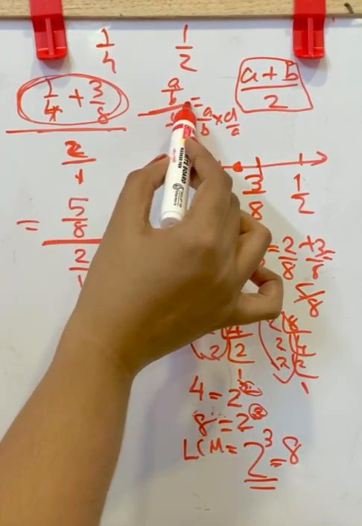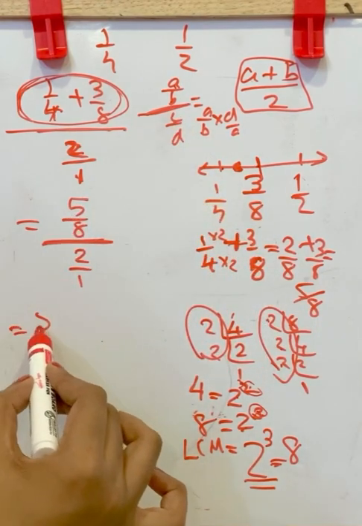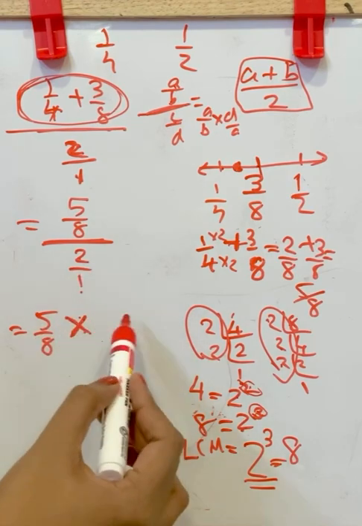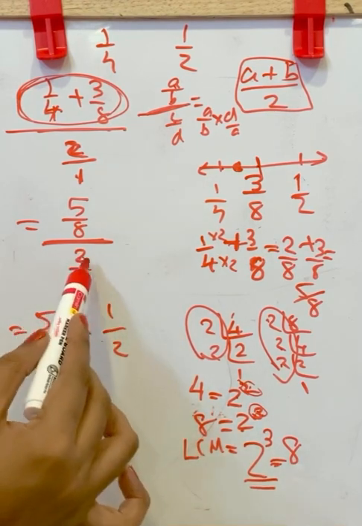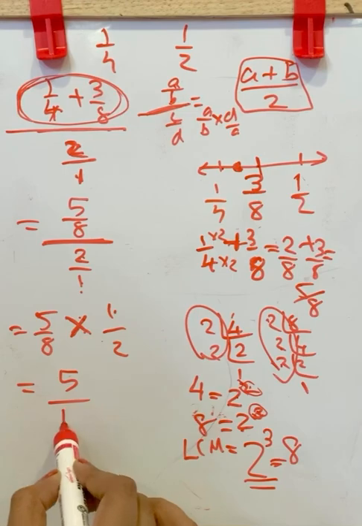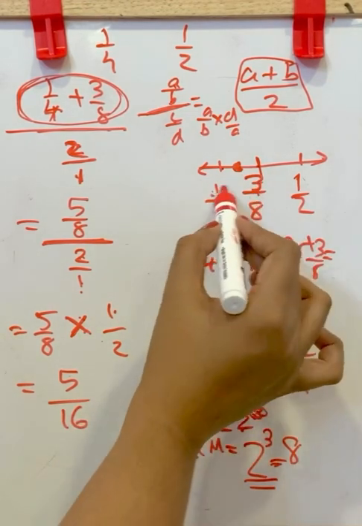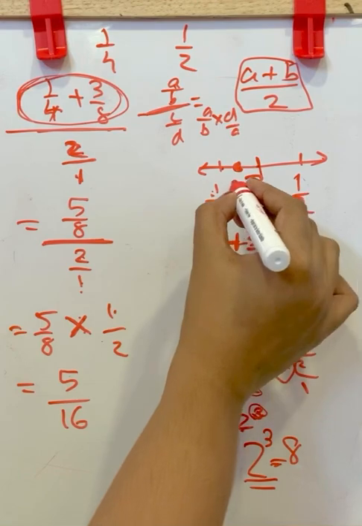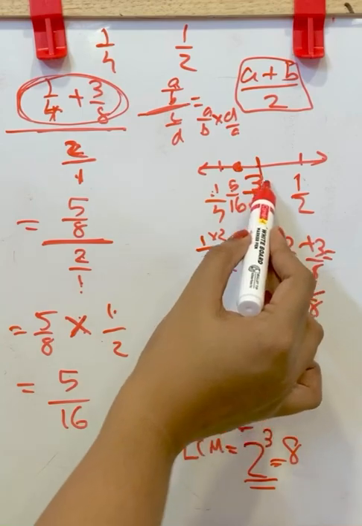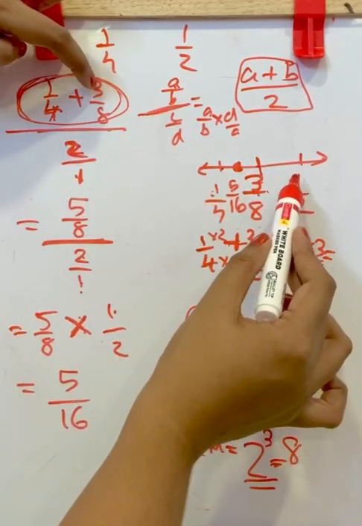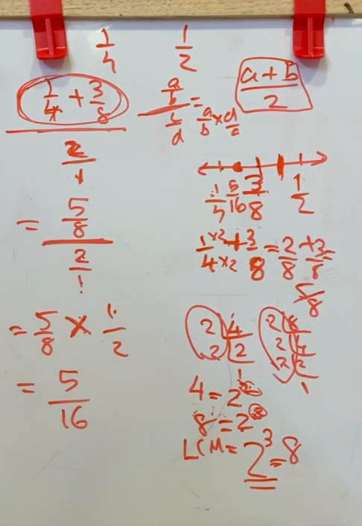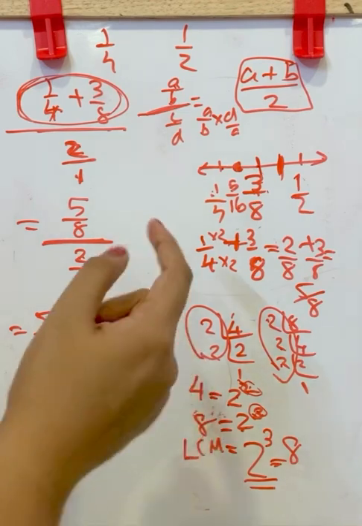That is (A by B) by (C by D). Now the result is 5 by 8 into 2 by 1. While making it to multiplication, we get 1 by 2. 2 by 1 becomes 1 by 2. Now multiply. 5 ones are 5, 8 twos are 16. So in between these two fractions, we find another fraction that is in the middle point, 5 by 16. Like that way, you can take this as A and this as B, and by 2 you will get this value. So this is another method. I think the previous method was easier than this.